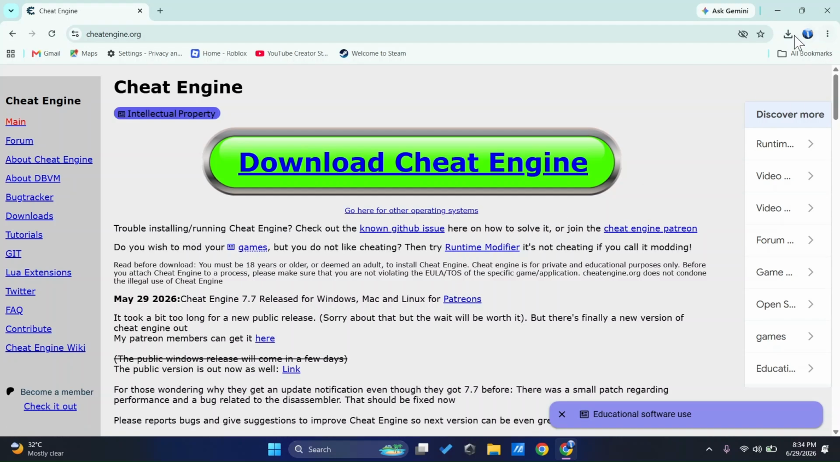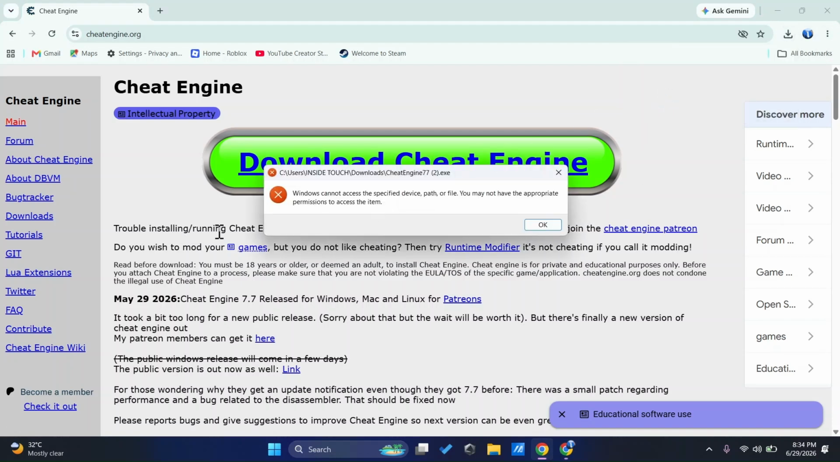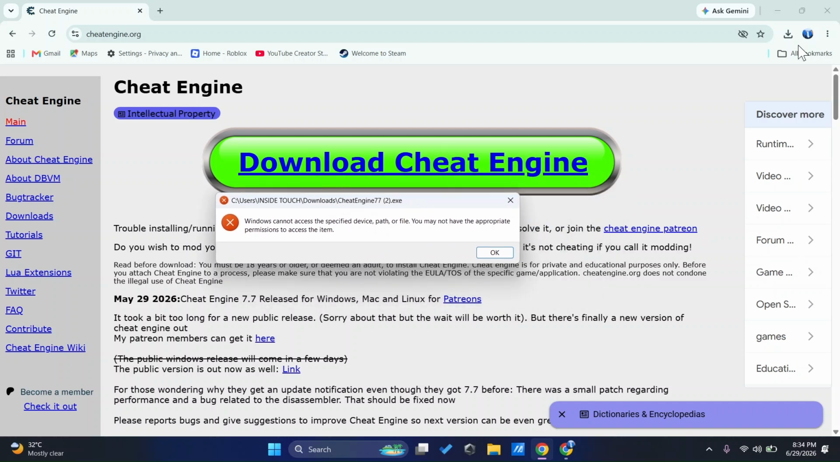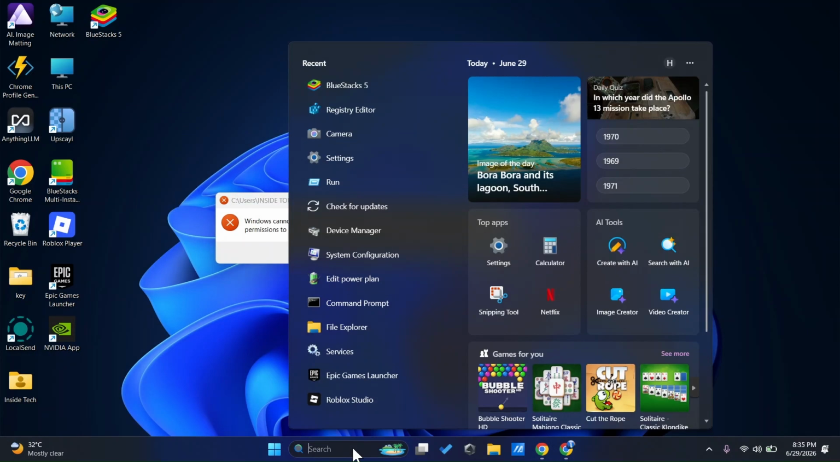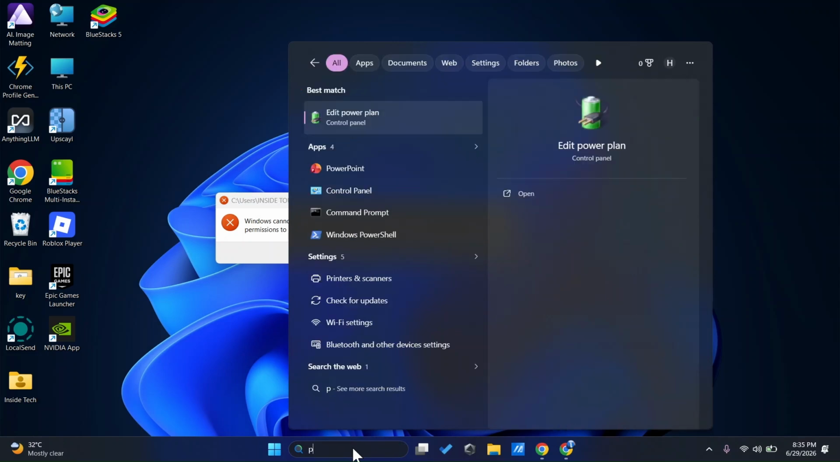Hey guys, in this video I'll show you how you can fix "Windows cannot access the specified device, path or file" when you try to install Cheat Engine on your PC. So first go to your Windows search and just type